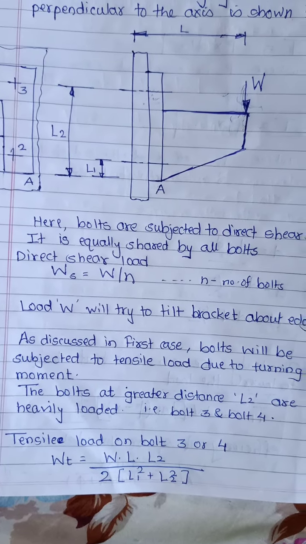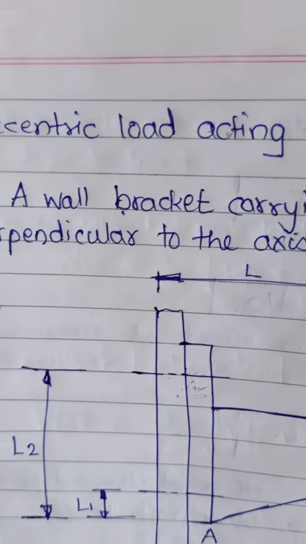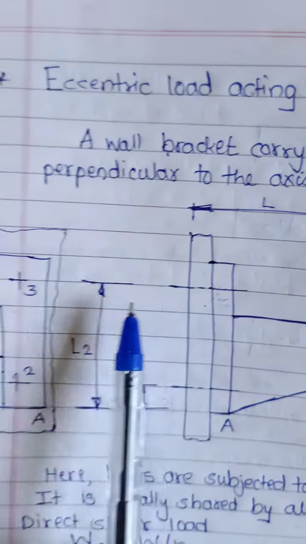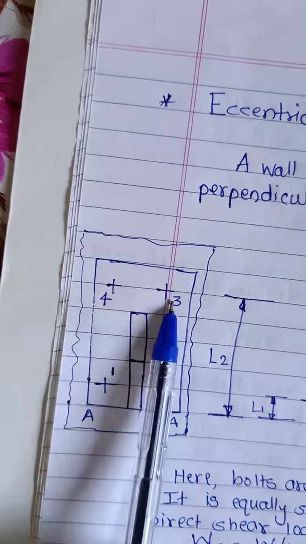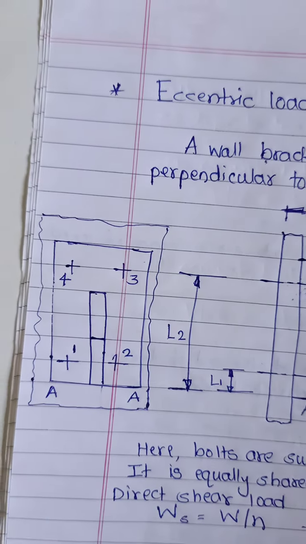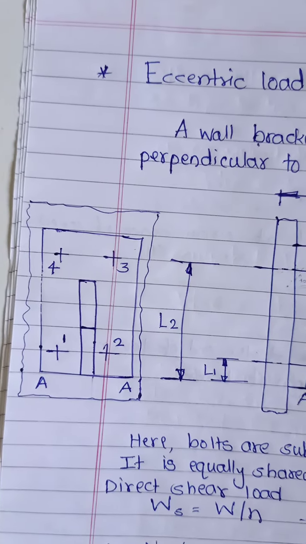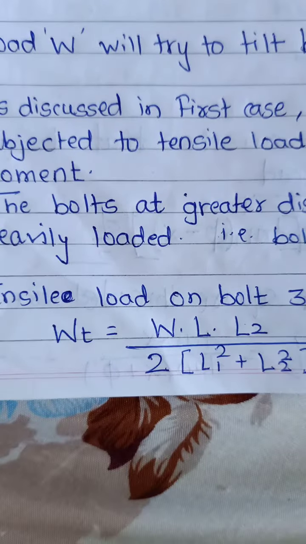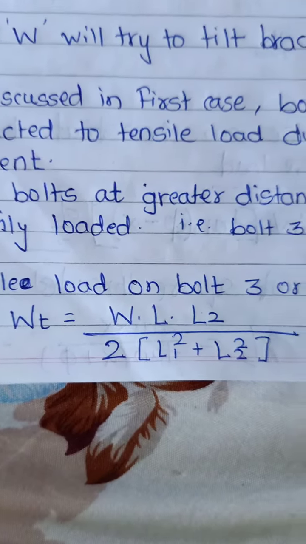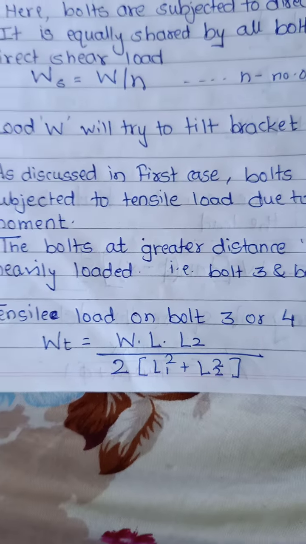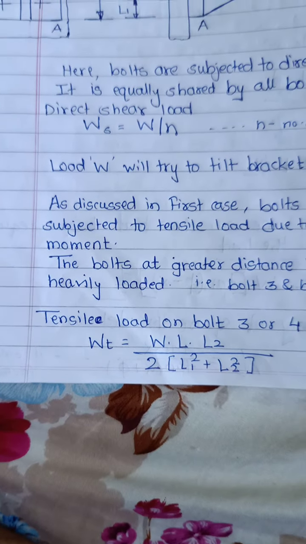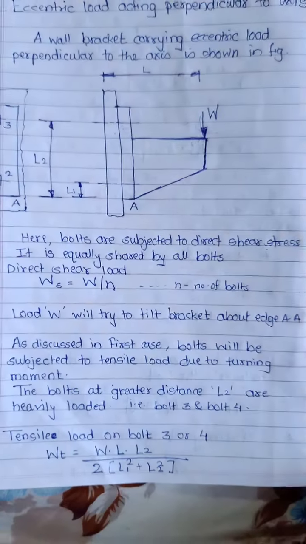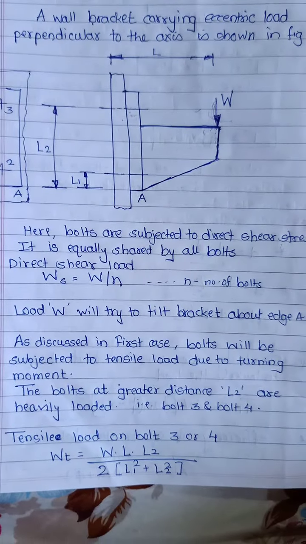Here L2 is greater than L1, so the bolts at L2, that means bolts 3 and 4, will have greater tension because of the turning moment. As we have seen earlier, this Wt you can calculate as W into L into L2 divided by 2 into (L1 square plus L2 square). And once we calculate this Wt,